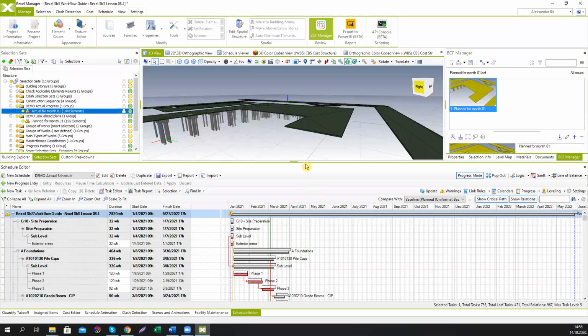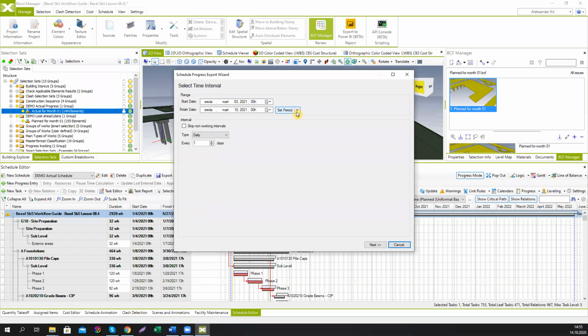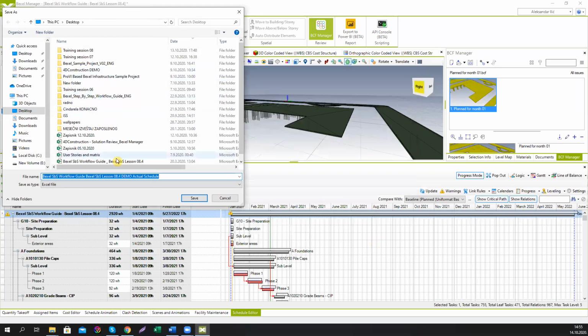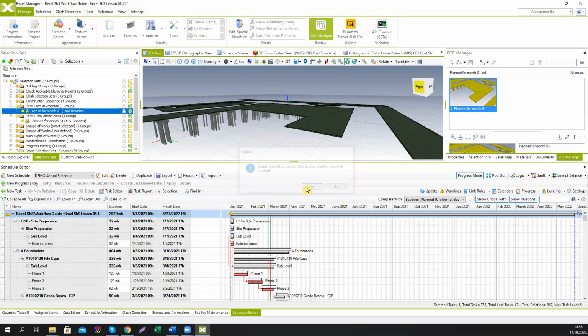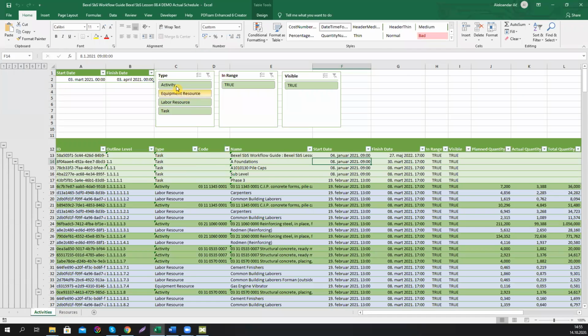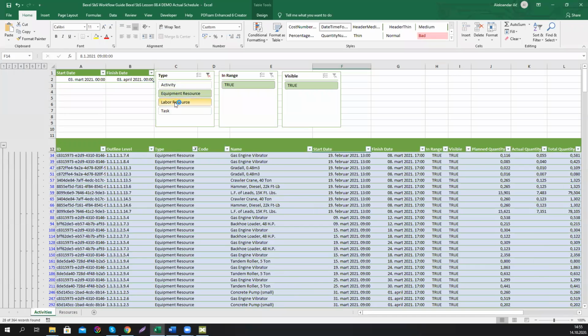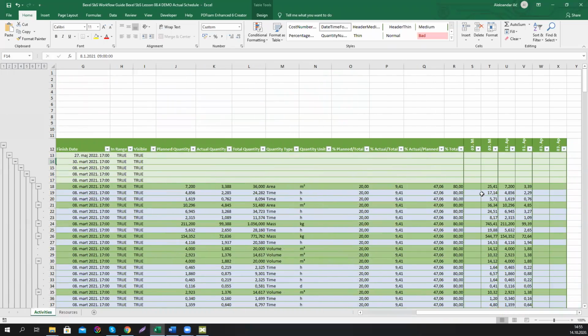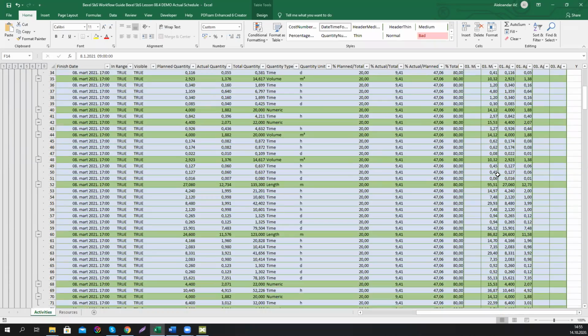information within your software. Another report that could be generated is the progress report that includes all the activities on the project. We can customize it, use the activities, use the resources. So it's a pretty open format. And then when you open it, you're able to filter your activities, your resources, labor resources, tasks, and you can see the exact actual quantities for